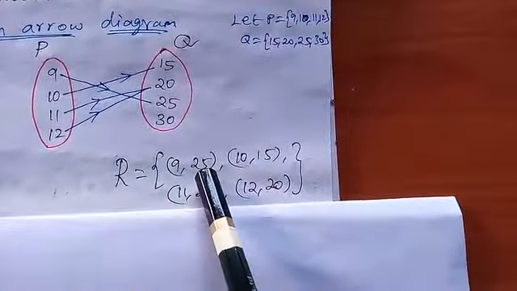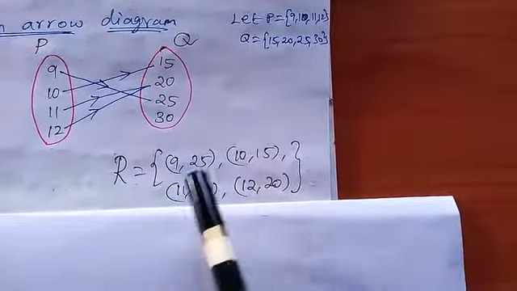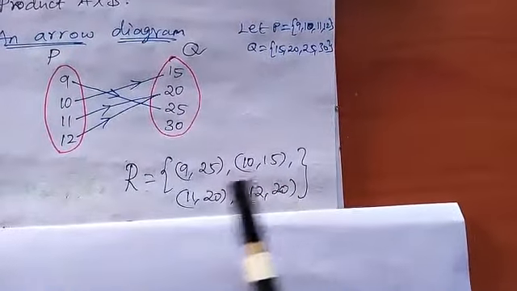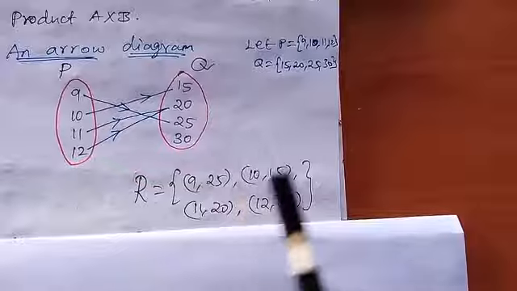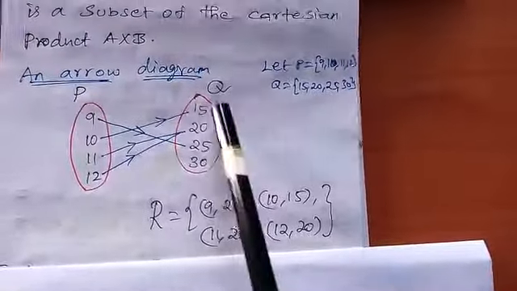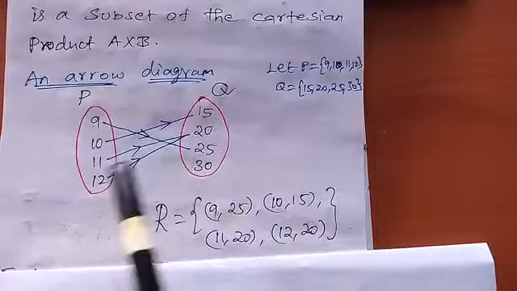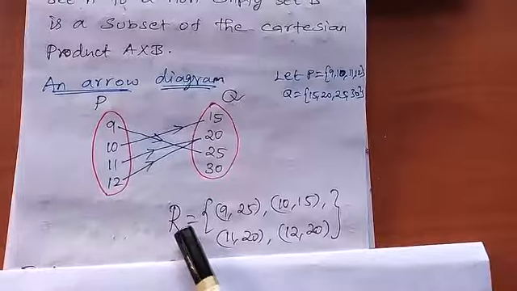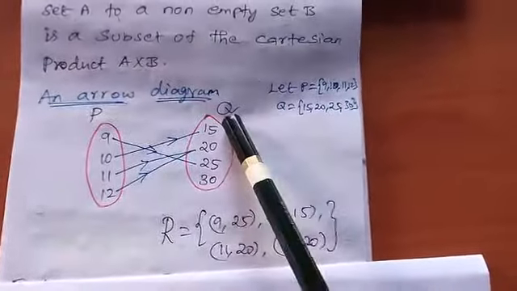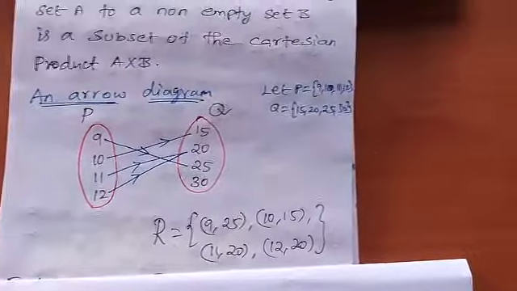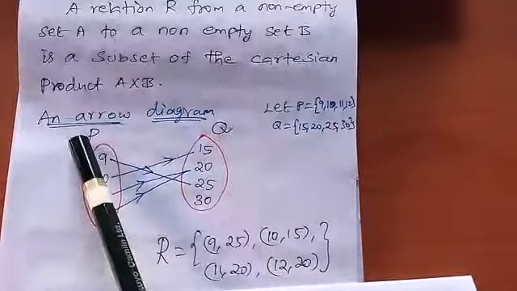So here, the relation you see: R equal to (9, 25), so in 9th class 25 students are there. In 10th class 15 students are there. In 11th class 20 students are there. In 12th class 20 students are there. Likewise, ordered pairs have been given. So it is a relation. But usually, if you see P cross Q, how many will we get? P has 4 elements, Q has 4 elements. Yes, you are right, 16 elements you will get. So R will be a subset of P cross Q or not? Yes, you are right. So R is a relation from P to Q.